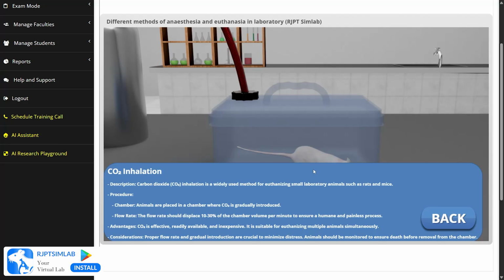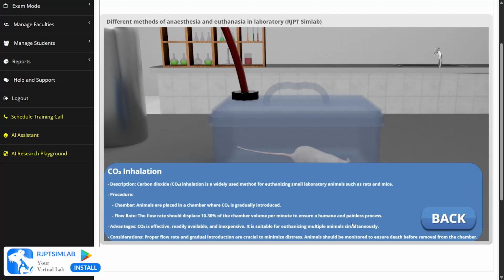The procedures are: first, we need a chamber. As we can see, this is our chamber. Animals are placed in a chamber where CO2 is gradually introduced. As we can see from the cylinder, we are introducing the CO2 gas inside the chamber, and then the flow rate. The flow rate should displace 10 to 30% of the chamber volume per minute to ensure a humane and